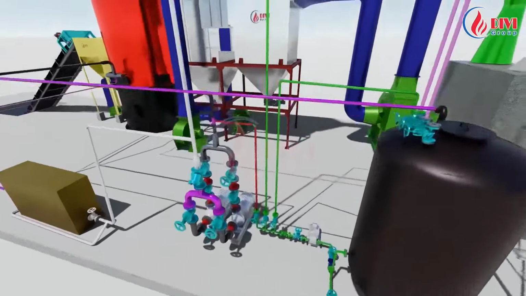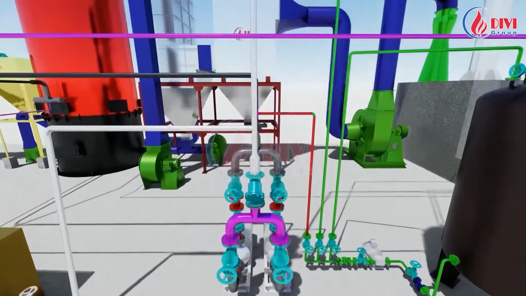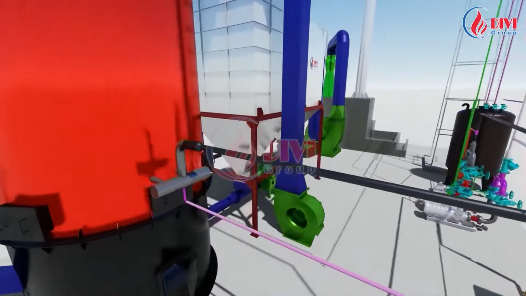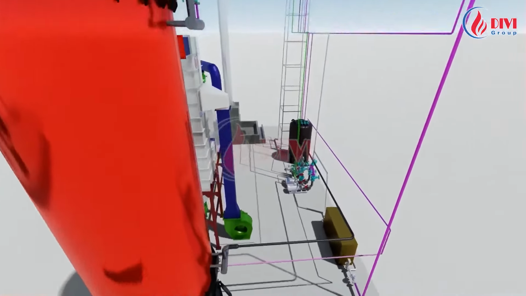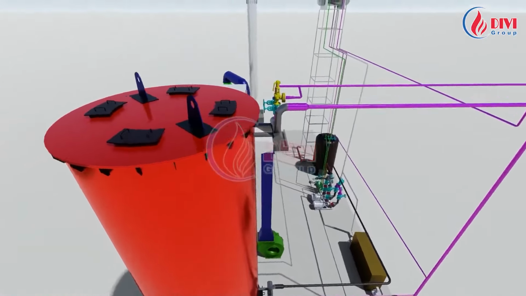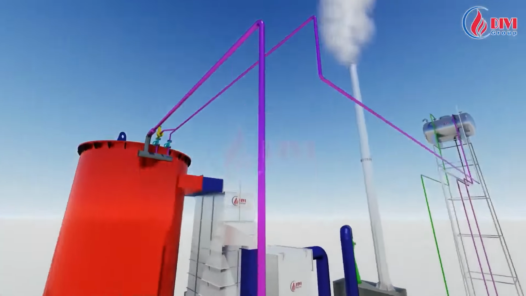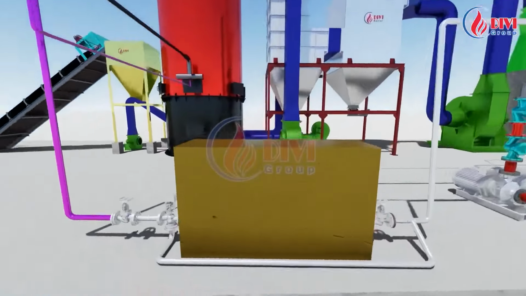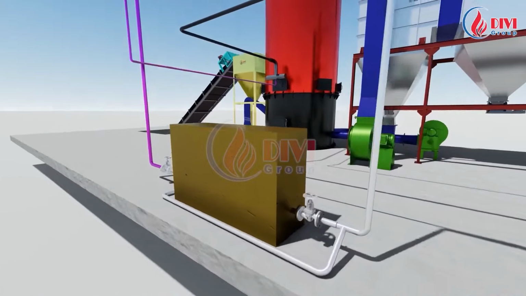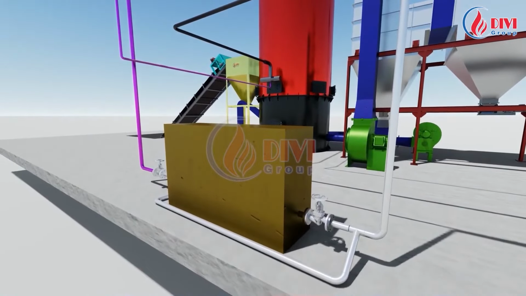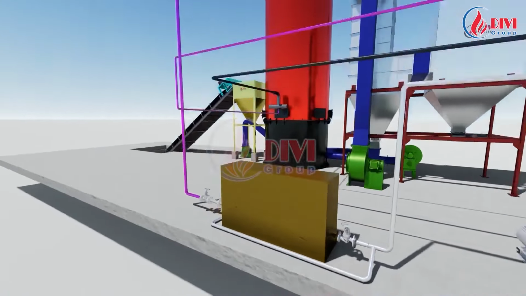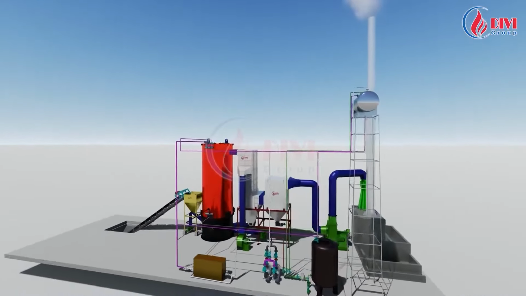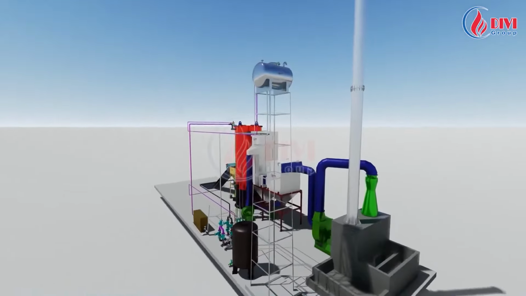This is the circulating oil pump assembly. Oil will be injected into the thermal oil heater body to carry out the process of receiving heat from the combustion process. The oil, after being heated, will be put into the part of the equipment that needs to use heat. This is a device we assume has a need for heat. After this part, the oil will be returned to the suction head of the circulating oil pump assembly and continue the heating process. The above is the entire preliminary operating principle of a biomass-fired thermal oil heater, designed, manufactured and